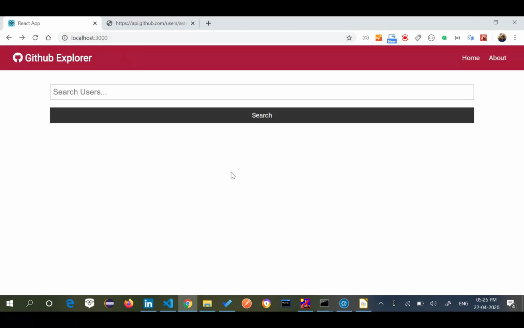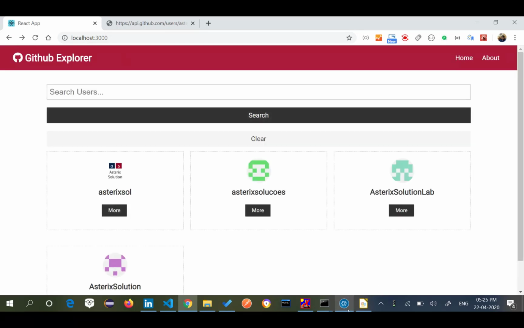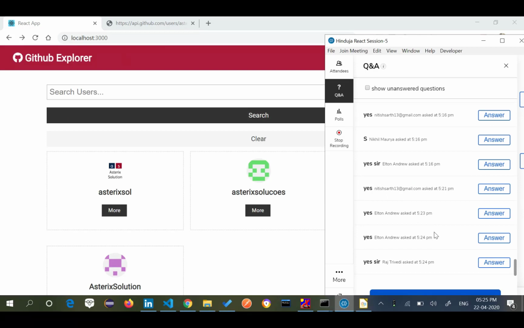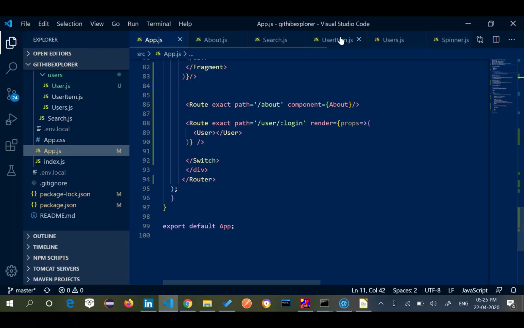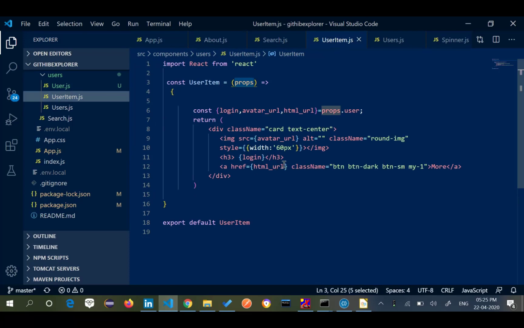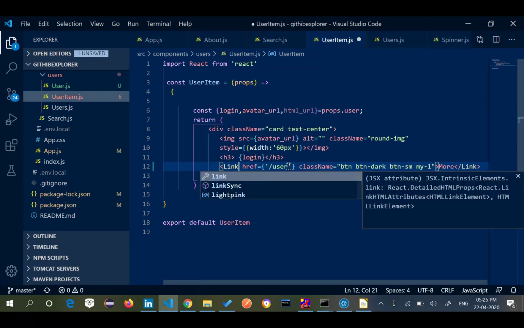But when I click on more, I should be able to go to the user page now. So I will go to my user item, and instead of saying HTML here, I will say href of slash user, and put it inside single quotes. Better, let me make it a link now.